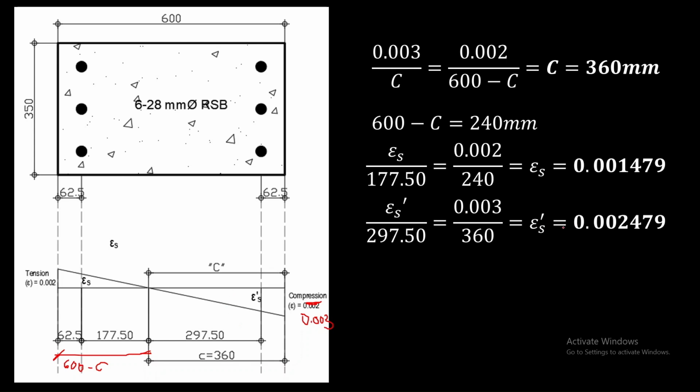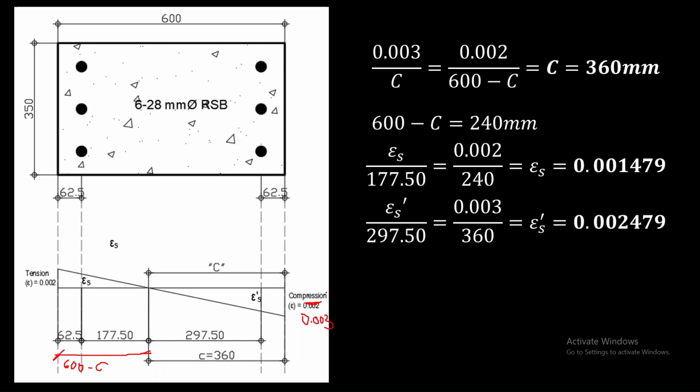So we have the strain of steel reinforcement with a value of 0.002479. So after we compute the various strains of the steel reinforcement for the tension and the compression side,